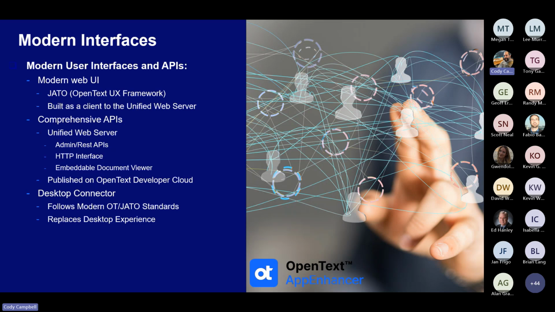But more importantly, the developer has better access to the back end. So we've got this comprehensive set of APIs that are built inside of that web server. And then, on top of the back end, the unified web server, we built what we call the web client, which is a client to the web server. So the new app is called AppEnhancer Web Client. And when I do the demo, I'll show you so you can see the two new installs that we ship. But that's really how we do it. Our new UI requires these two components to be deployed so that you can have the back end and the front end that are part of the new UI.